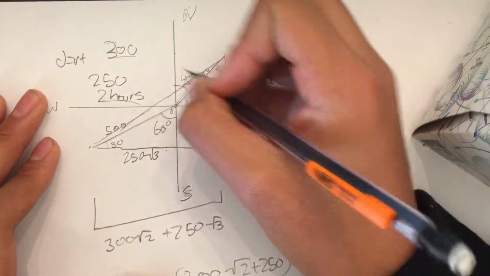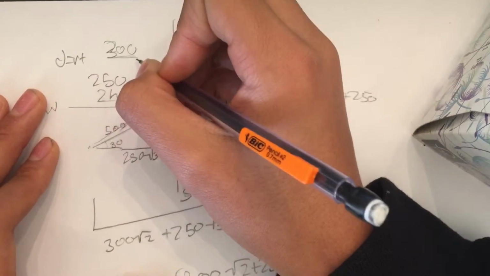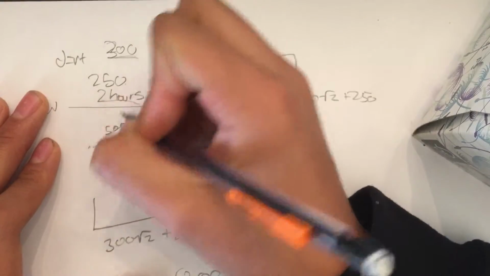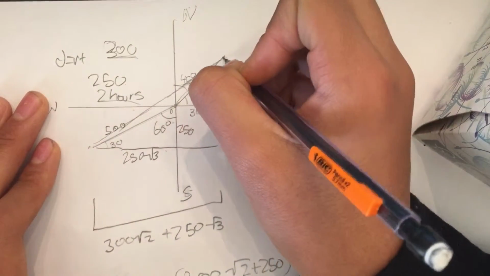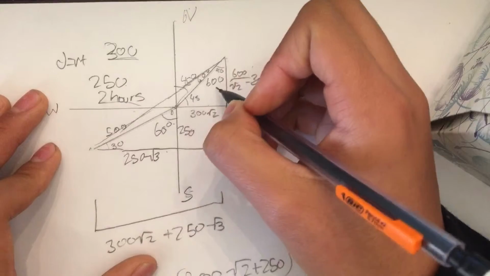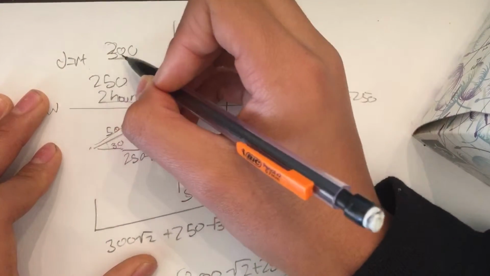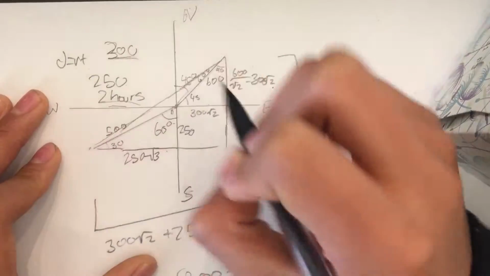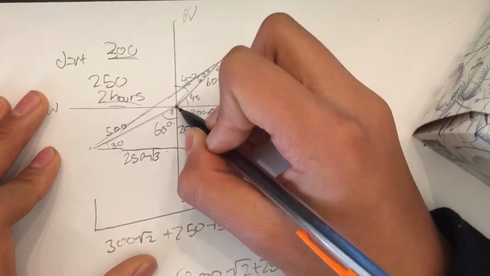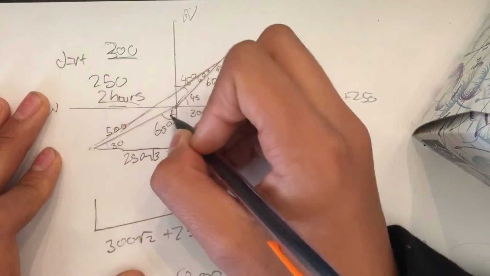We know that silver is heading at 300 miles per hour. We know that blue is heading at 250 miles per hour. And we want to know the distance between them after 2 hours. So using distance equals rate times time, it's a simple fix because we know the rate, we know the time, we can solve for distance. Silver is 600 miles away from the origin, blue is 500 miles away from the origin,